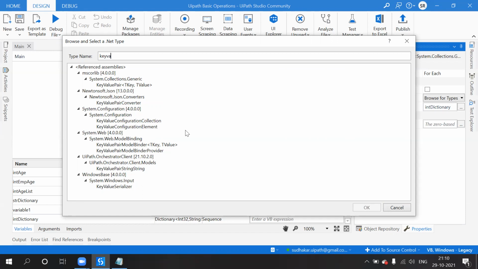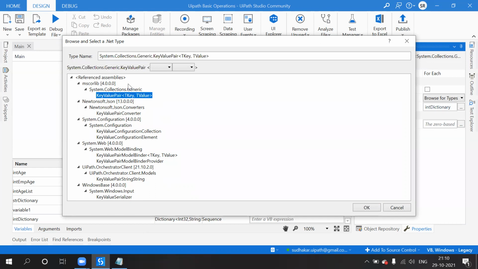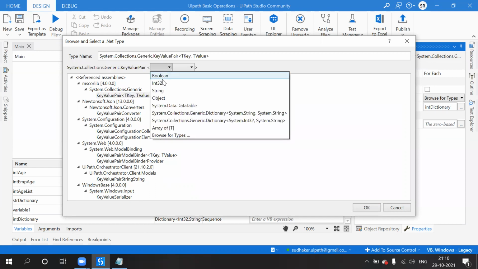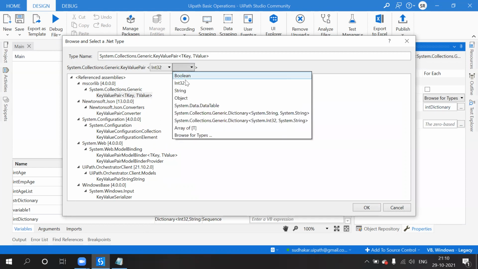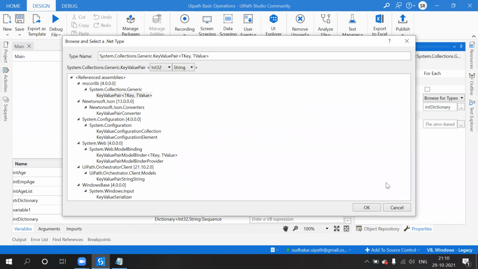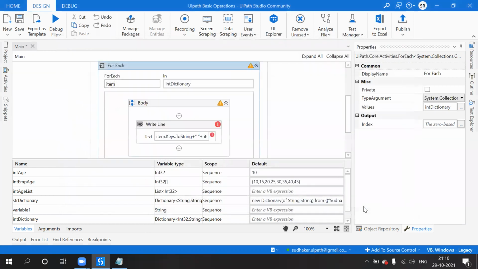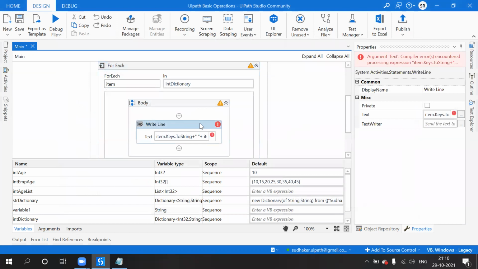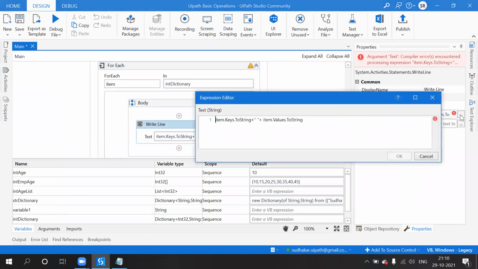Whenever we would like to retrieve a value from the dictionary, we have to use key value pair of integer and string combination. Click on. So still getting an issue here.